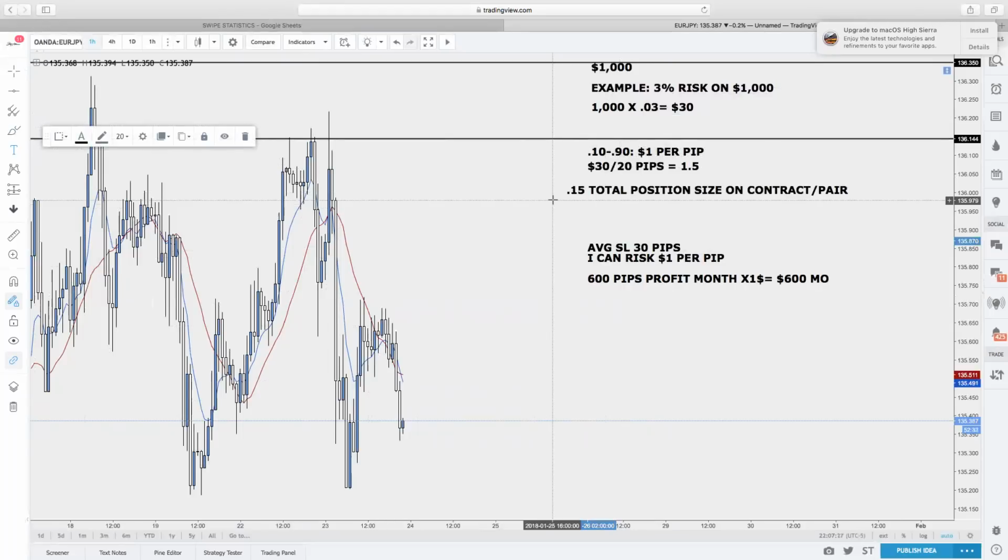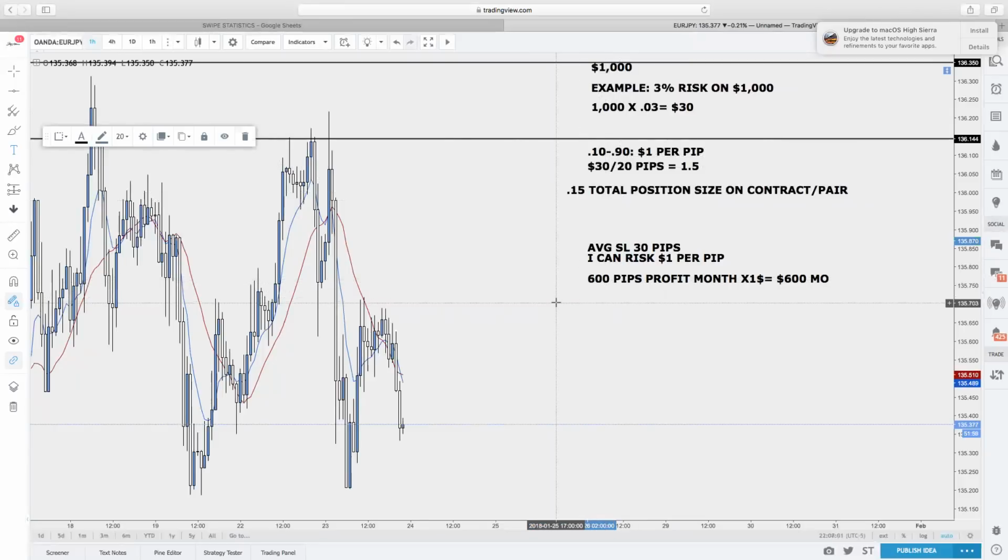Rather than staying patient in the game, waiting on a month basis every 4 weeks, just taking it month by month, not day by day, following the same risk on every single trade. Guys, I promise you, it's going to take you so far. We just lowballed it. 30 pips average risk per trade, 3% low risk on every single trade on a $1,000 account. Let's say the average stop loss in the whole entire month was 30 pips. It's different per trade, as this one can be 20, ones can be 40, ones can be 50, and so forth. But let's just say we even lowballed it, 600 pips profit for a month times $1, still